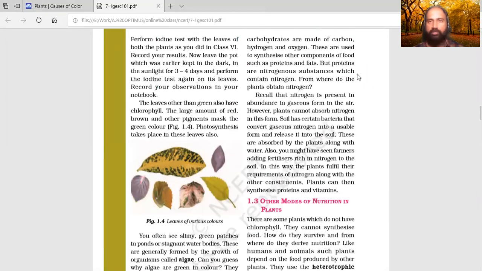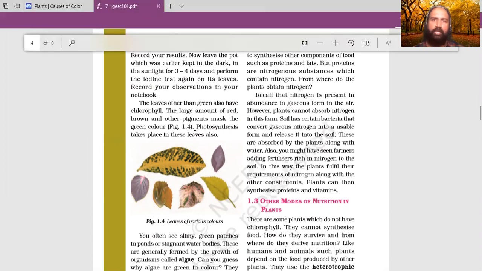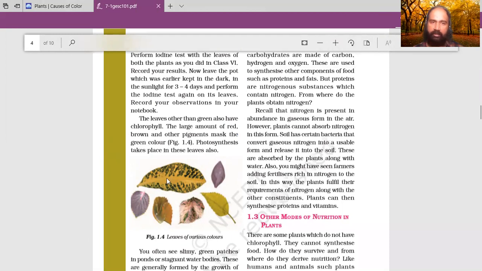Now one more thing I just want to teach you here. See, plants are not only green in color, there are different kinds of plants, I mean colorful plants, right? Even fruits have different colors. You might have seen green color. Wherever green color is there, that is because of what pigment? Chlorophyll. I will write it down: chlorophyll, double L. Chlorophyll is responsible for the green color.